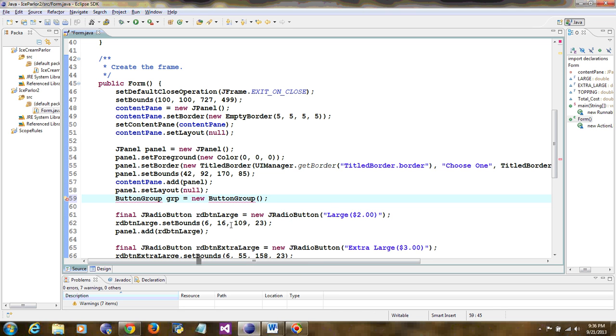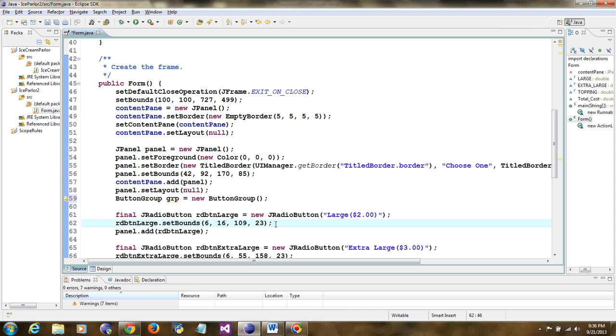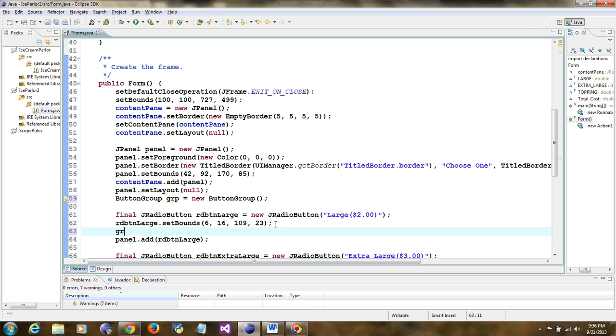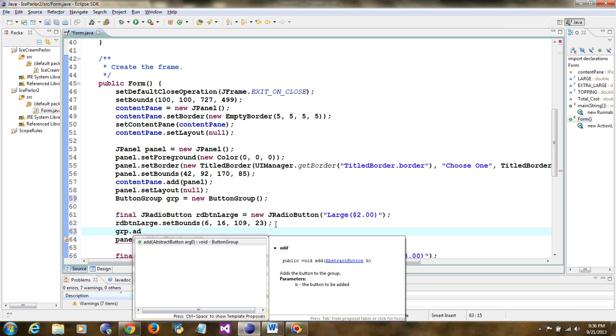So we import it and that disappears. So two radio buttons have to be added to this group before they are added to the panel. So I just do that, grp dot add